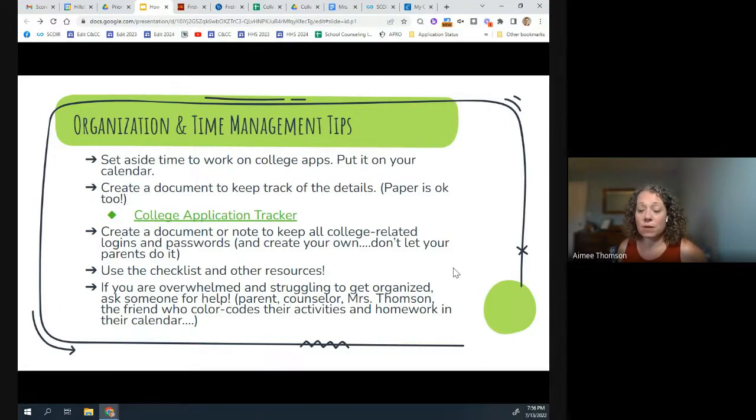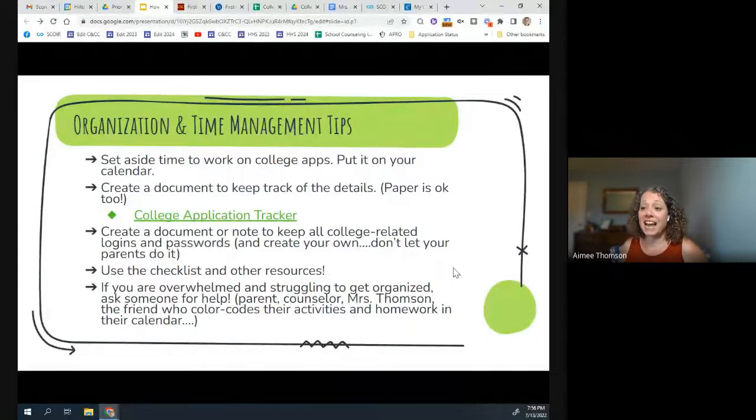Students, create your own. Make sure you're using your own email address, not your parents' email address, for these kinds of things. Because when we're working on it in school and we don't know how to get into it, when we reset the password, it comes to your email, not your mom and dad's email. So we want it to come right to your phone so we can reset the password and keep moving and addressing whatever your questions are.